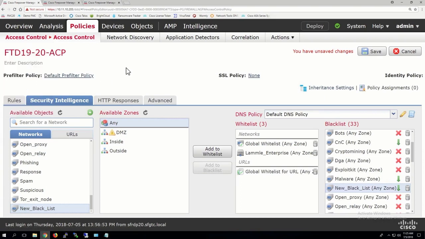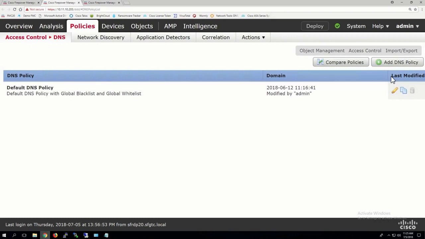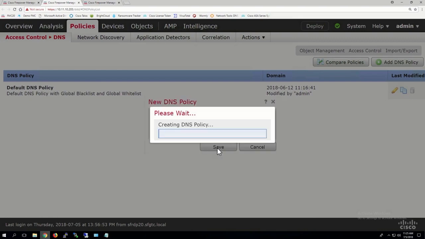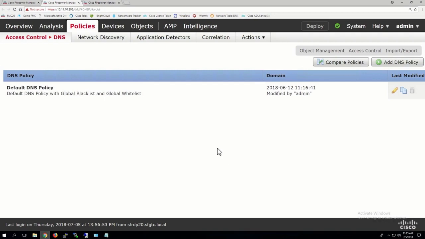You didn't want to do sinkholes and all this other great stuff we're going to do with it, then that's fine. Let's go here and at least do this, which is adding the objects. Add DNS objects in the meantime, right? This would be the minimum you do. That's why I'm going to do this. This is not a section on the DNS policy, okay? This is a section on, if you're not really going to do anything, at a minimum, do what I'm about to show you. It takes about 10 seconds for this to show up.